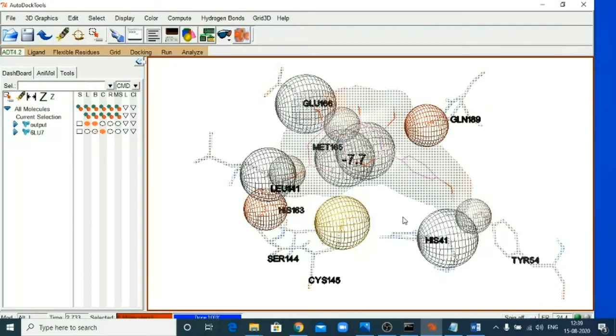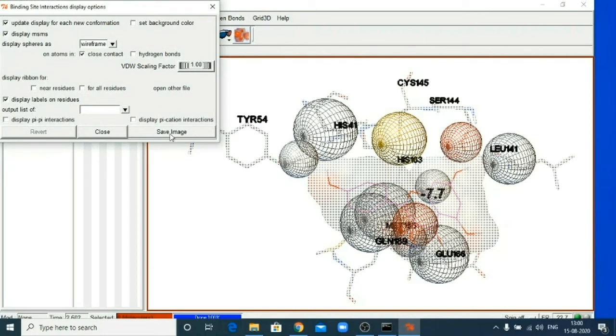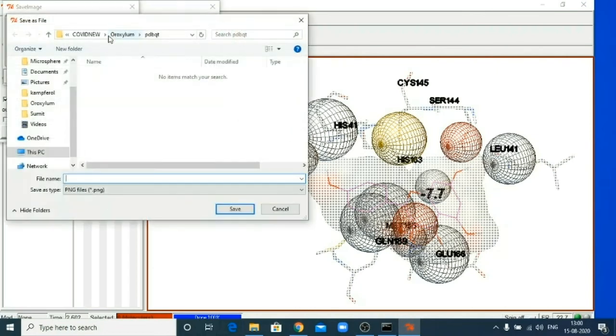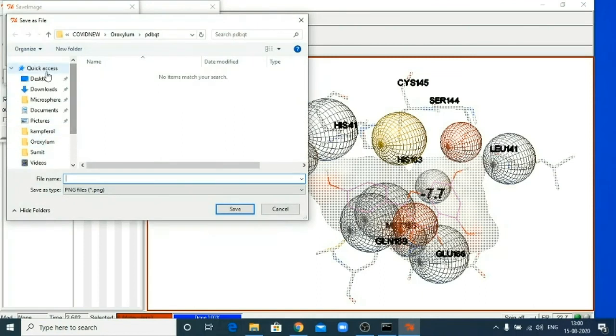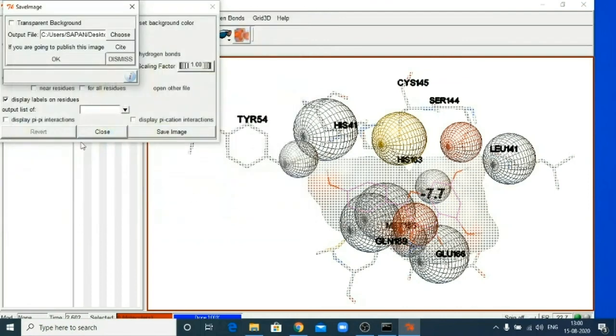You can save this image. Just click on Save Image, give your location. Let us take the desktop, give the file name image Vina and click on Save. This time choose transparent background and click OK.